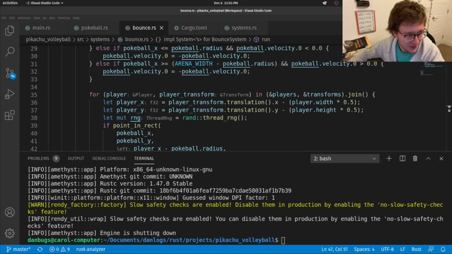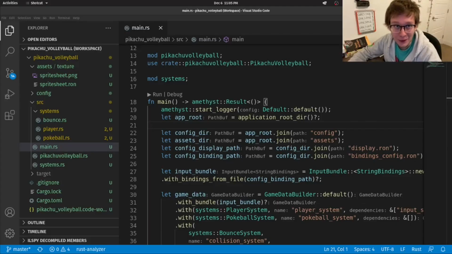And yeah, great stuff. Now that we have a ball that moves around, I feel like the next logical step is to, how? Silly to ask. We'll create another system, of course. Okay, so same good old story.